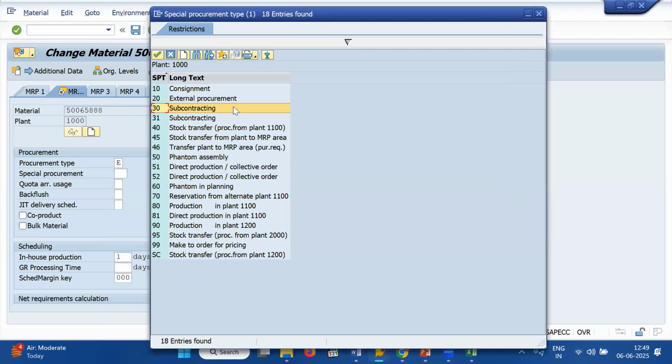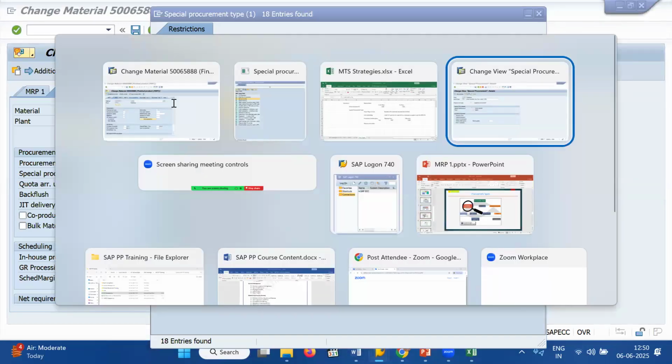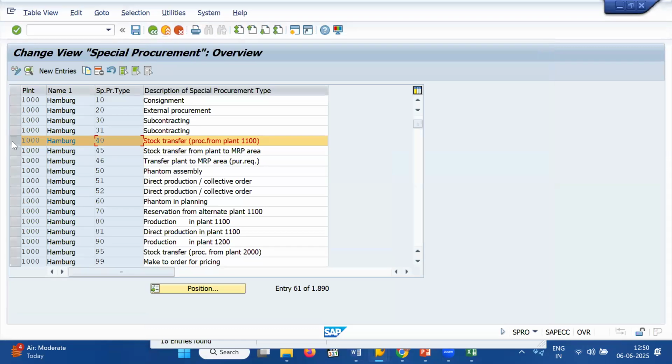We are sending raw material to the subcontractor, and he will be sending back to us the semi-finished product or finished product. So that means it's a kind of external procurement only. That means procurement type is F, and for the subcontracting, we have to define a special procurement. Here I'll show. For this 30,